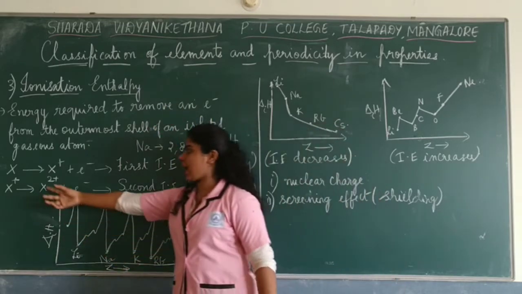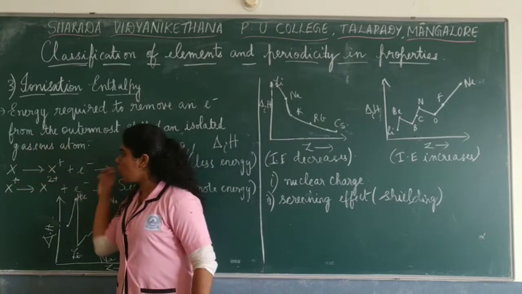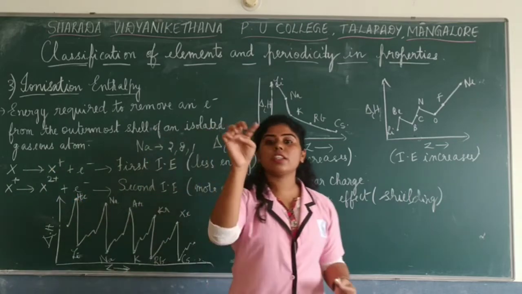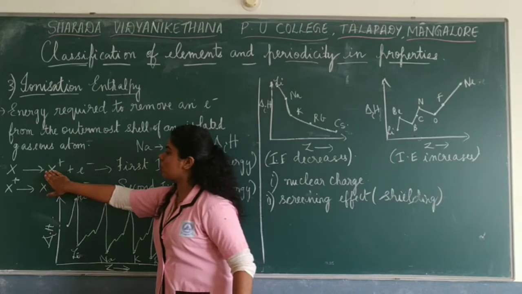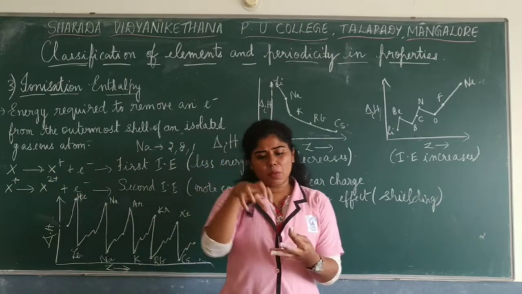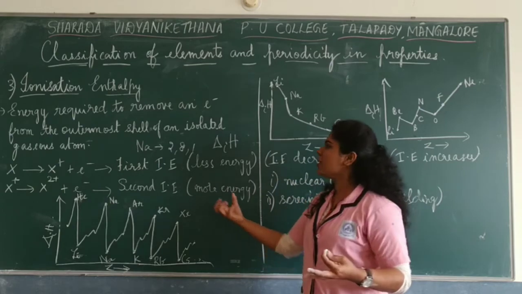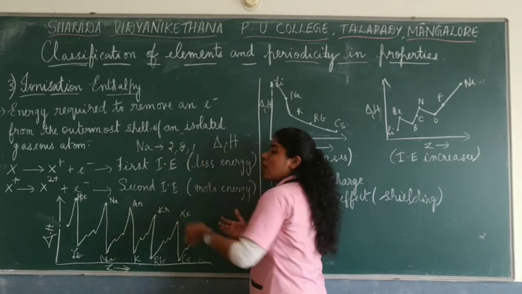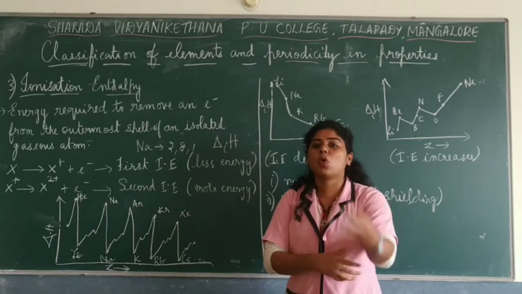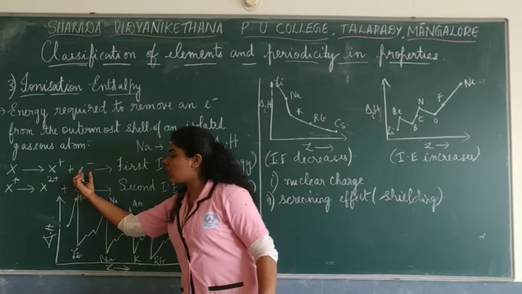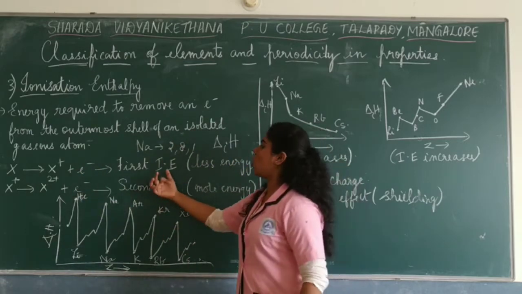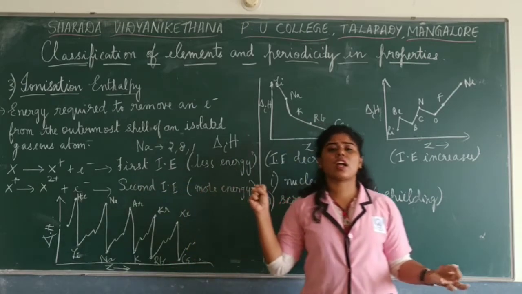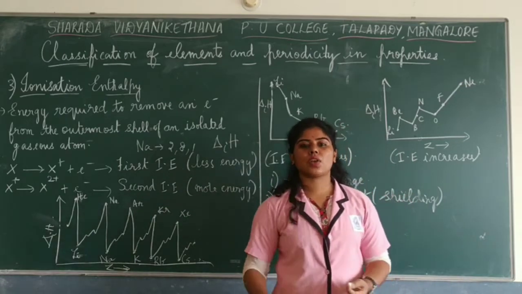Now if you have an element X and you have to remove an electron, obviously when you remove an electron, it becomes a cation. Loses means always positive, correct? So it loses one electron, so it becomes X plus. Now, removing one electron from the outermost shell of an atom is really easy. You require less energy. But if you have two electrons here, 3, 4 and so on, it requires more energy. So when you remove one electron from the outermost shell, it is called the first ionization enthalpy. Very easy.